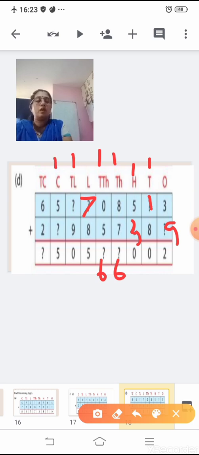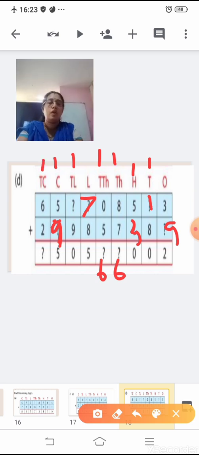Again it is carried to the crore column. Now again here it is only 5. Just see the number here. It is only 5 in the crore column. But 5 plus 1 is 6. So which number, if you write here, will give you the number 5 in the ones place? That will be the number 9. 9 plus 1 is 10. 10 plus 5 is 15, where I'll carry 1 to the 10 crore place. Again when you add the numbers in the 10 crore place, 6 plus 2 is 8. 8 plus 1 is 9.